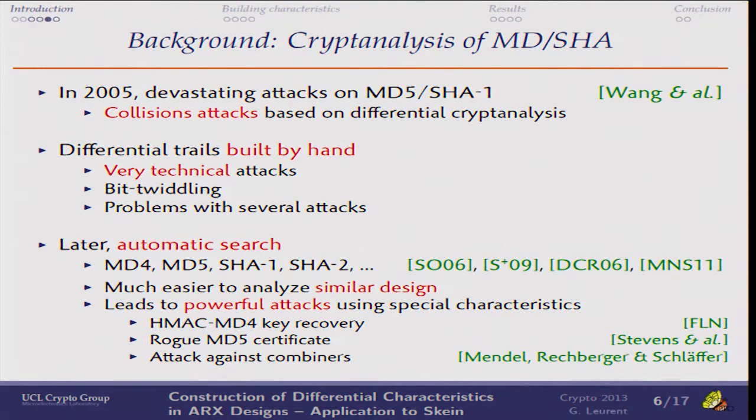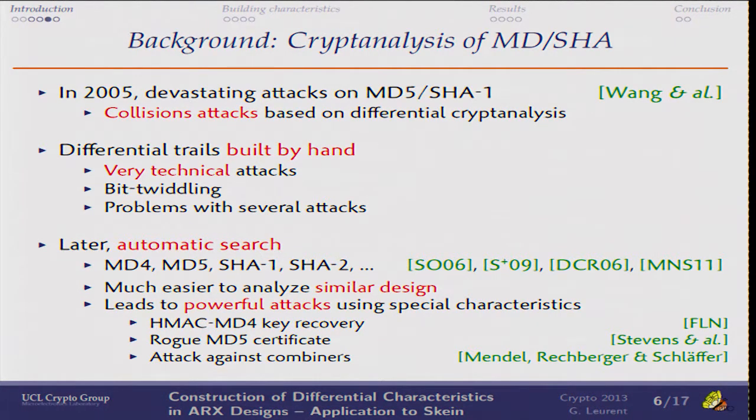This is something that has been quite successful for those MD and SHA hash functions, and we had a series of results giving algorithms for various hash functions. So thanks to this, we can now analyze those designs much more easily. And if you look at a different function, which is, say, very similar to SHA-1, you can use the SHA-1 algorithm, maybe tweak it a little bit, and then run it on your new design, and you will get some interesting results. So that's really the benefit of doing this